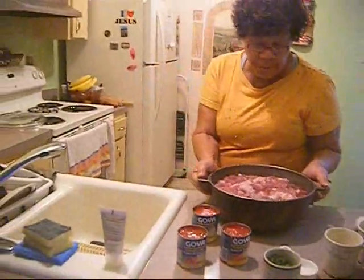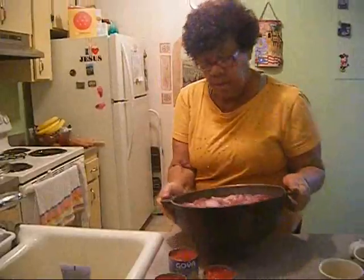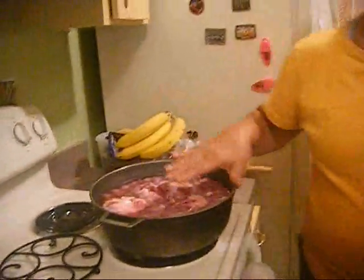Now we're going to bring it to the stove. Before I bring it over, I'm going to bring it here and start cooking it slowly. I'm going to put it on low. Okay, I gotta come over here. I'll put it here on low, right there. And once it's there,